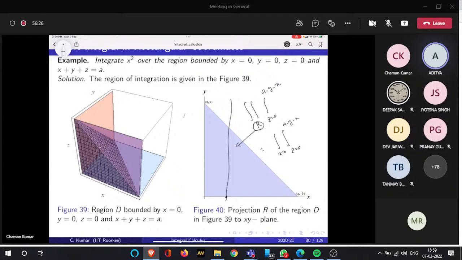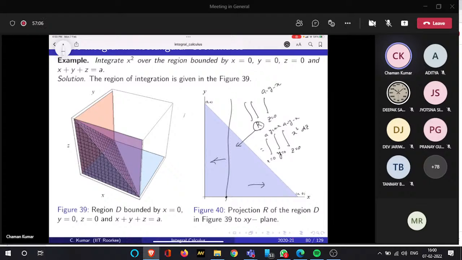Sorry, y is equal to 0 to a minus x, and then x का रेंज क्या होगा? इसको इधर ले जाओ, कहाँ पे एग्जिट करेगा? 0 to a. 0 पे एग्जिट करेगा, और राइट में ले जाएंगे तो a पे एग्जिट करेगा। तो ये इसका इंटीग्रल हो गया।